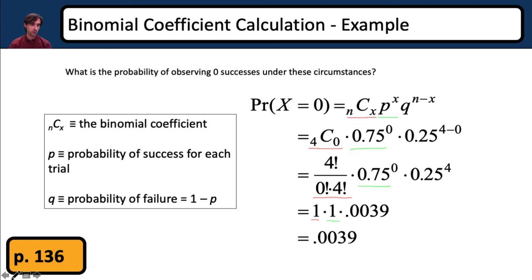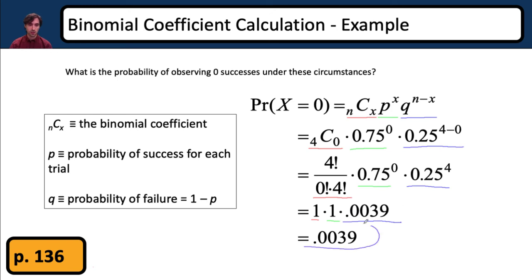Okay, and lastly, let's do blue. Is there blue? Yeah, there is blue. Okay, we have the number of failures. And so we have 0.25 to the 4 minus 0 power. And that's going to be right here. And that is